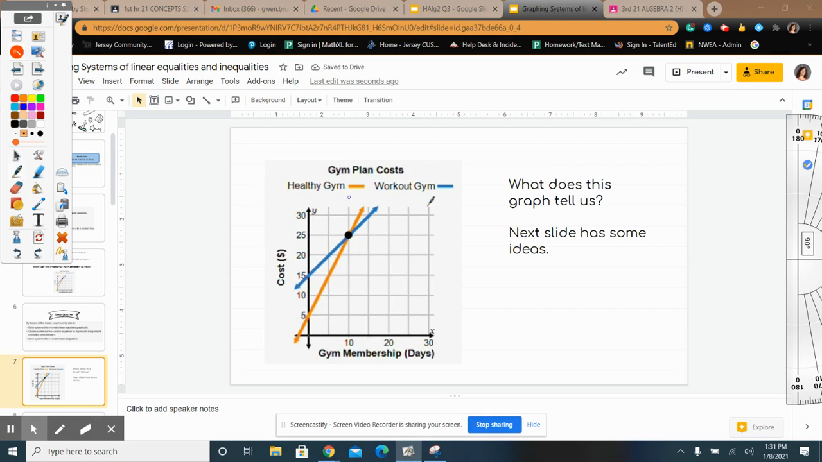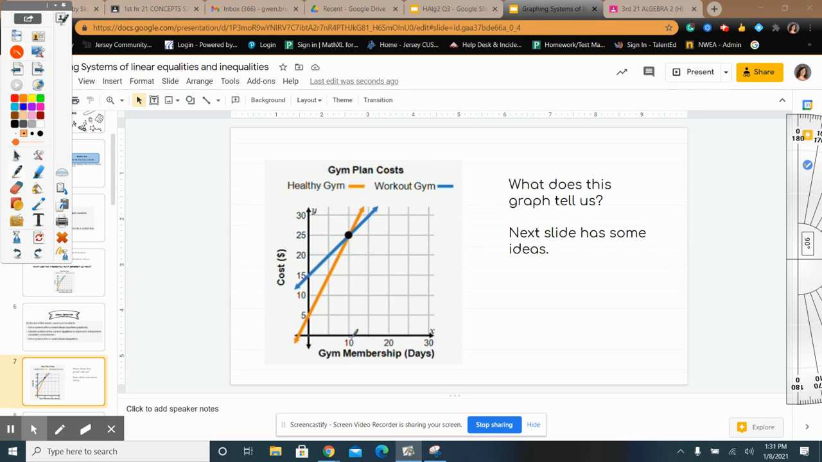Here's that graph again. What does it tell us? Well, let's look. The orange graph is the healthy gym, and that tells me it has a steeper rate of change. It's growing faster, which means the rate of change is more, which means the daily price is more. This flatter one says initially it costs more. The y-intercept is higher. There's an initial cost, but it will have a lesser slope, and its rate of change would be